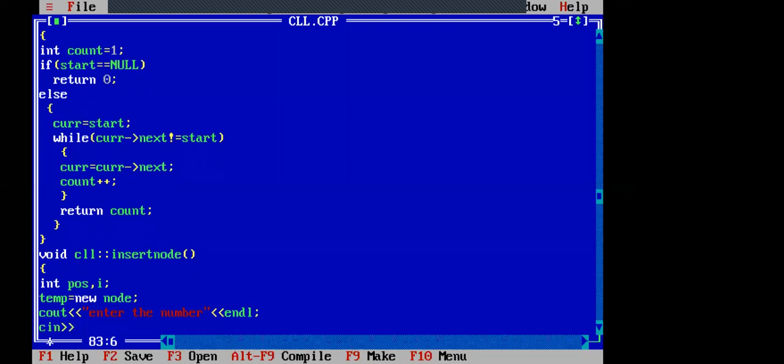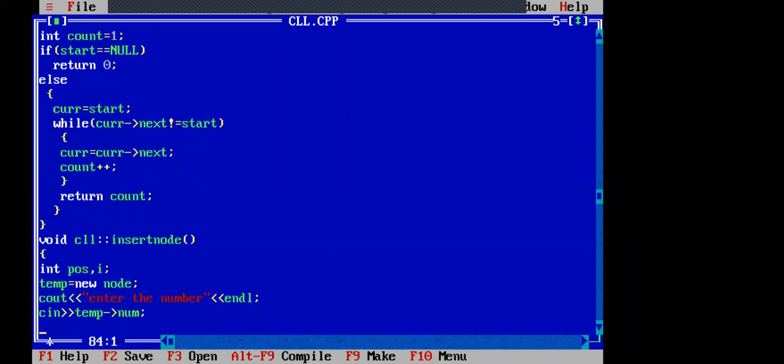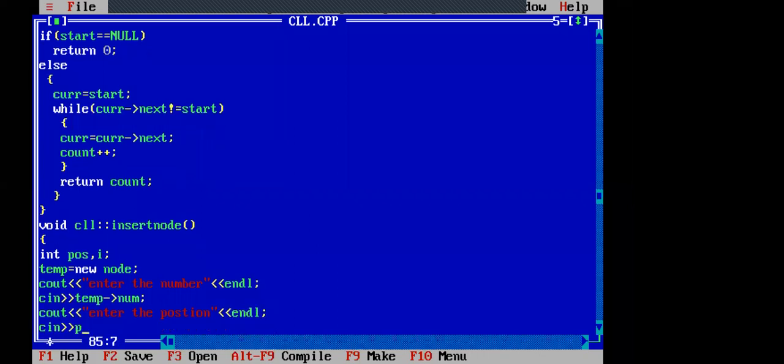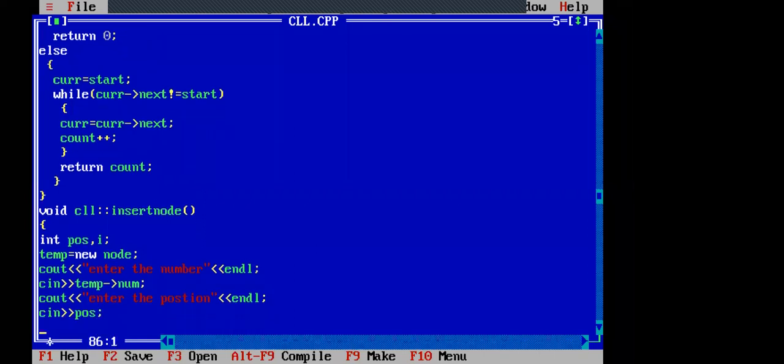Cin temp arrow number. So this is the module. Then you have to enter the position. Cout enter the position. Cin position.